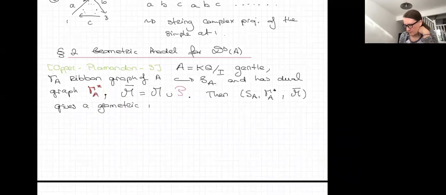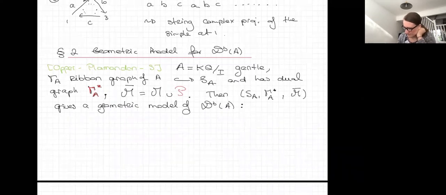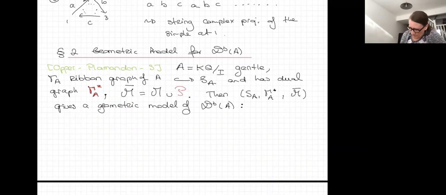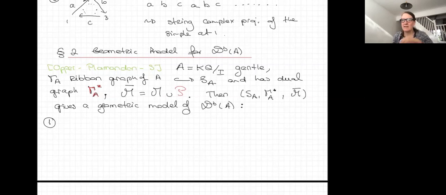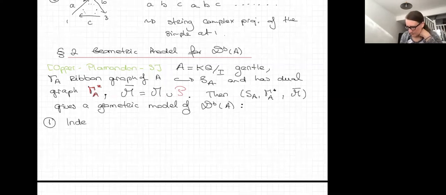of the bounded derived category of the gentle algebra. And what do I mean by this? Well, it describes the indecomposable objects and morphisms between them. The first is we're going to describe the objects. I have to say that this geometric model is really based on the work of many, many people, and at each step, I will tell you whose work it is based on. So the indecomposable objects